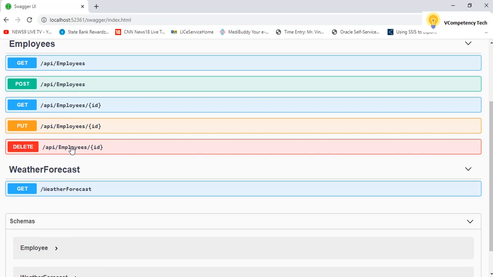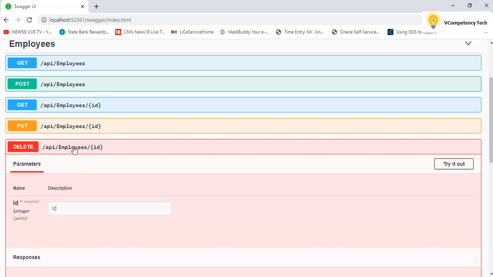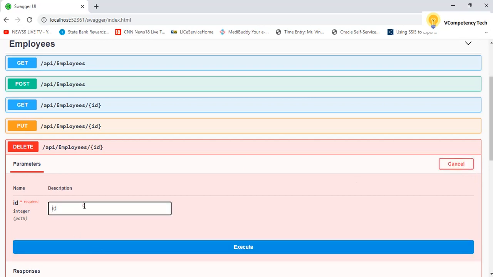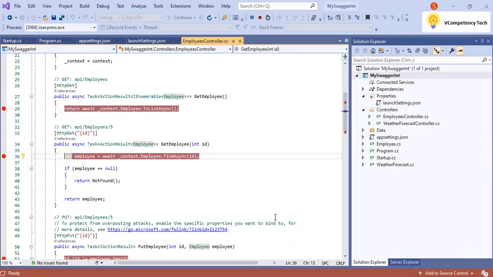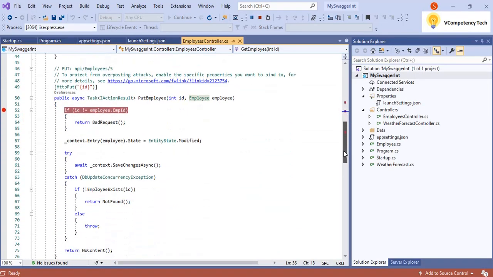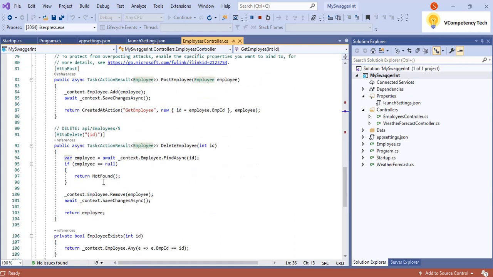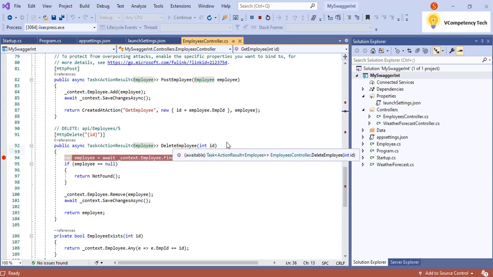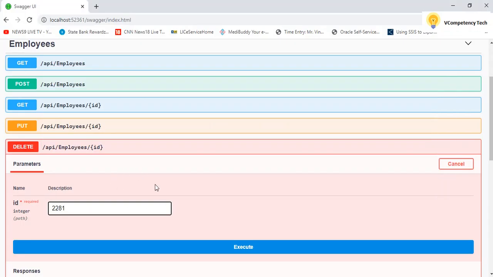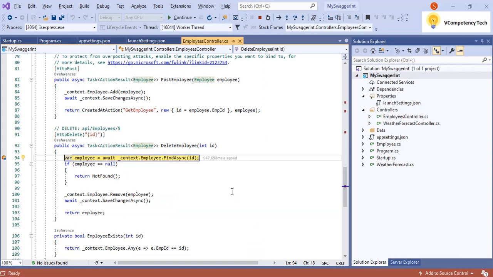Let me see the delete one. For that I will also click try out, then give the ID. So this I am going to delete. First I will go and put a debug point on the delete. So this is the delete action method, delete employee by ID. Okay. Execute button. Now I am coming here.